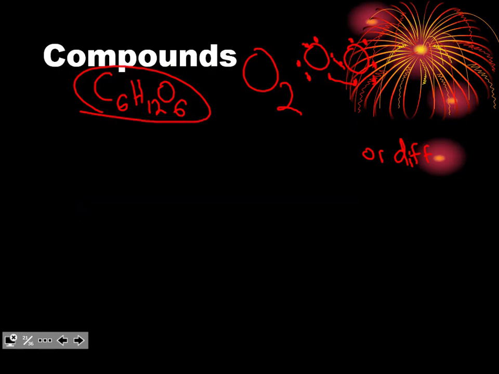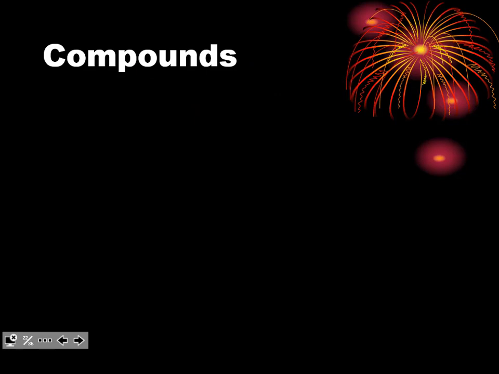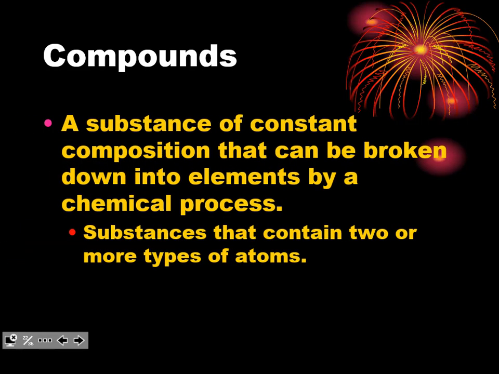and then last but not least, we got compounds. A compound is a substance that is composed of multiple types of atoms. It can be divided down by a chemical process. So, sticking with the examples that we got, C6H12O6. This one is a compound and a molecule. So out of elements, compounds, and molecules, they could be one or more.